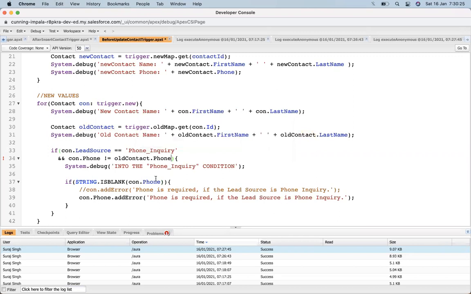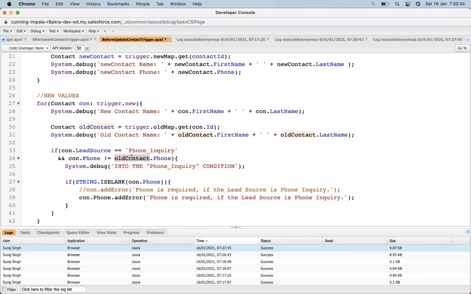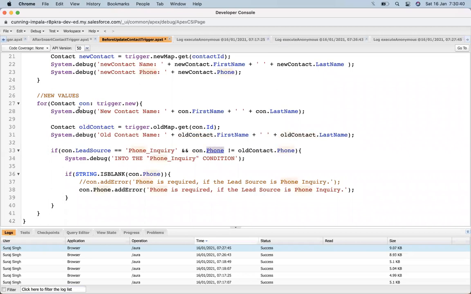It checks the new and old phone values, whether it is changing or not. When it's changing, only then it runs, else it will not run.